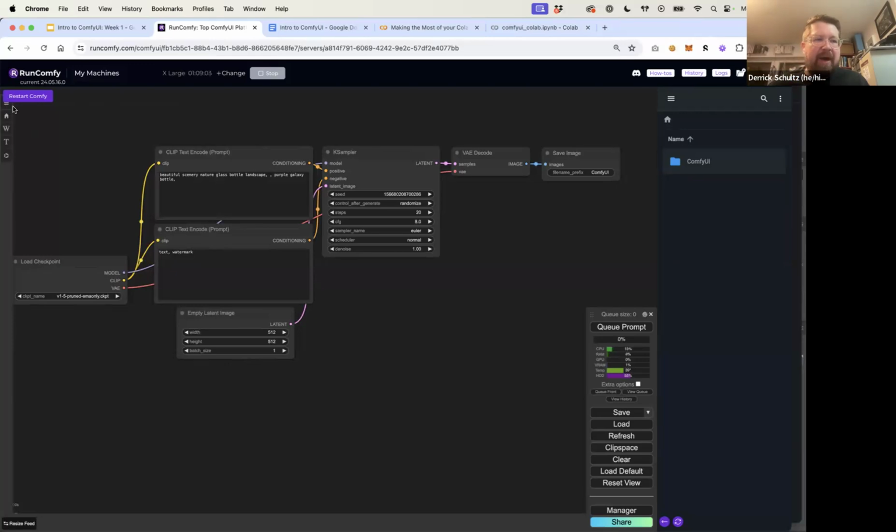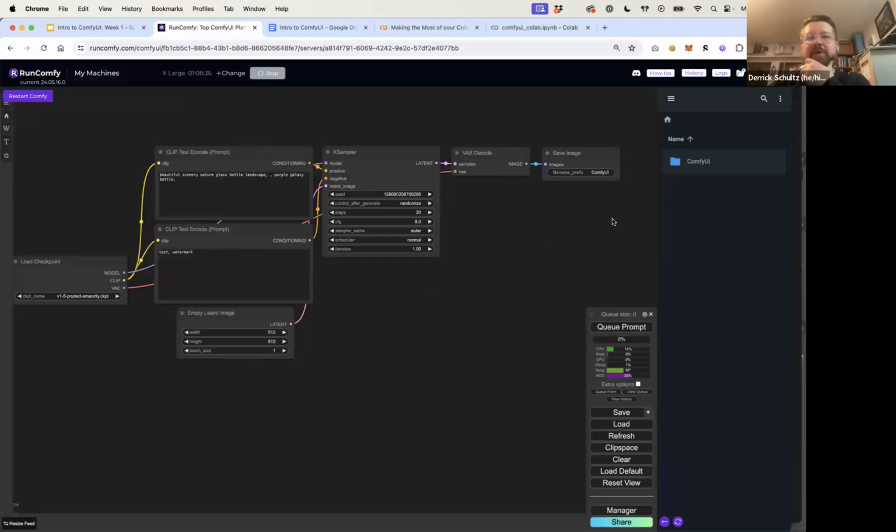Everything within this box here is Comfy. Everything that's kind of grayish color is Comfy. This blue thing over here is actually RunComfy's file system. So if you want to upload or download files, you can do this through their file system. I'm going to continue to say RunComfy and ComfyUI, as they get mixed up, because ComfyUI can get very bloated or very large and have a bunch of nodes everywhere.